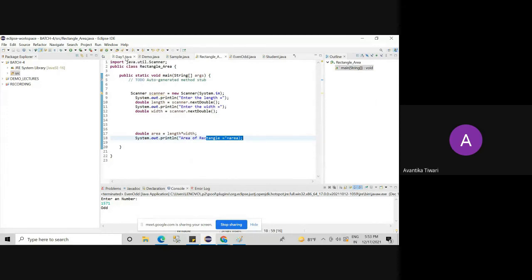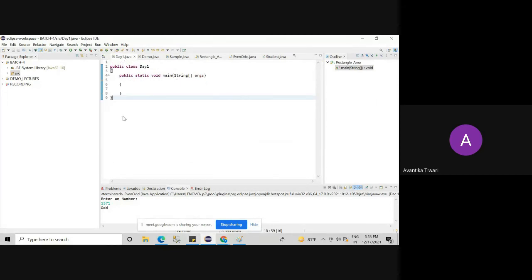I will take one blank class. I will be writing some statements and you have to answer the output for me. int x = 0. Now I am writing an if else selection statement in the program.